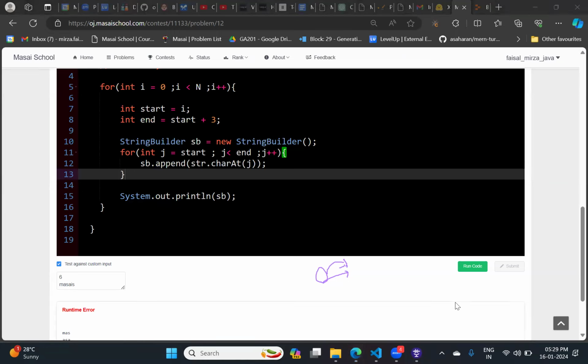Okay. Now let's see the condition, the reason why it is giving me the exception. So suppose, see, this is our string. Now tell me when we will run the outer for loop. Suppose i values are there. Indexes are 0, 1, 2, 3, 4, 5. Now, when you have the index equals to 3, when you have i equals to 3, your starting point will be 3. Okay. What about the ending point? What is the ending point? Abhishek, the starting point is 3. What is the ending point as per this formula?